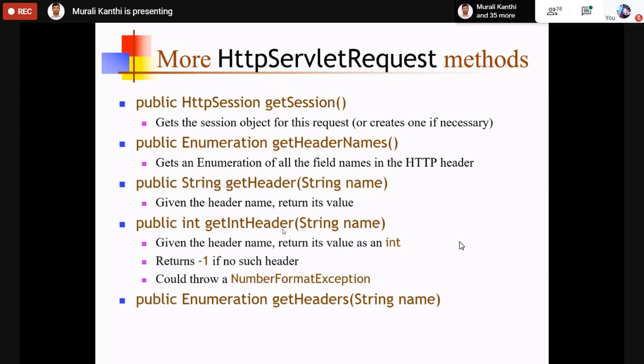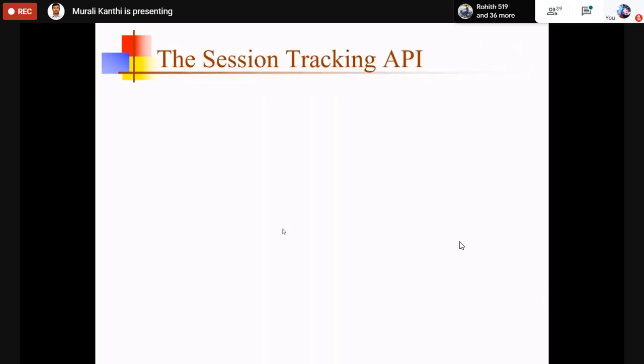Then get header, given a header name, returns its value. Get int header, given a header name, returns its value as an int, and returns -1 if there is no such header. Here an exception is also thrown, NumberFormatException.